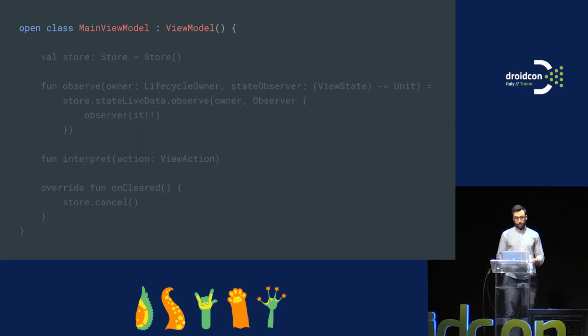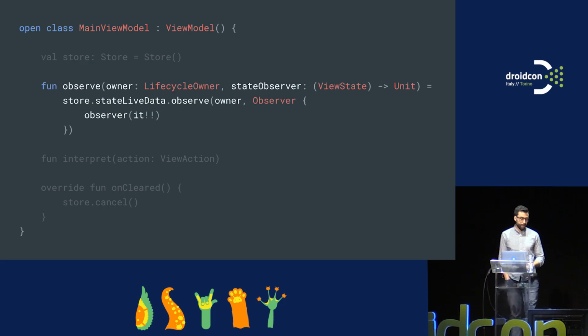This action comes to the view model. Here we are extending the view model from architectural components. It brings a lot of good ideas and benefits that we don't have to implement ourselves. So we want to take care of that using the Android view model. Each view model will have a store. And that store is the one that will be taking care of dispatching those actions to the view. And what we have is we expose this observe function that has the live data component inside the store. And that live data is the one that's going to hold the state that we're going to be representing on screen. So we expose this observe function from the view model. And every time that this is going to change, we're going to notify the observers. And then we get the new values.